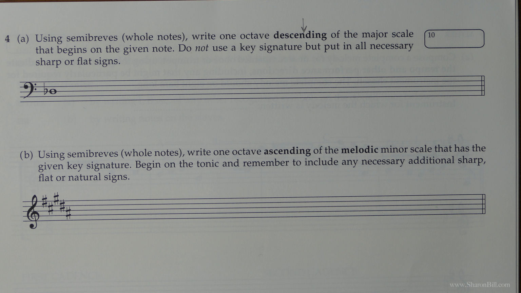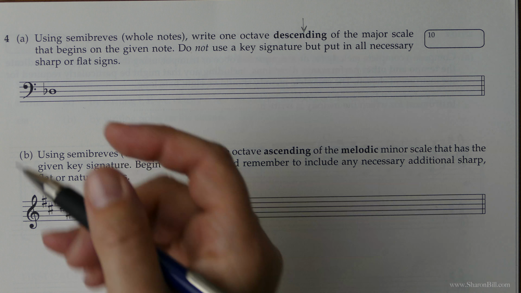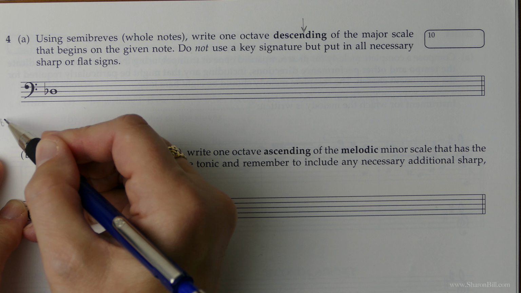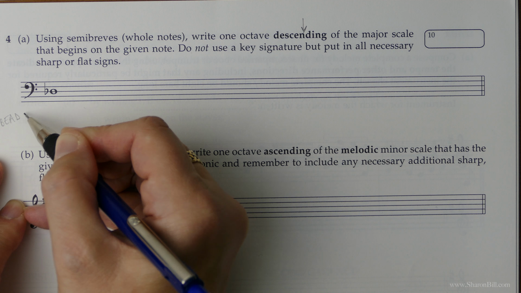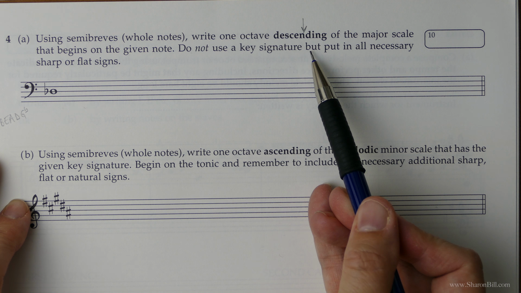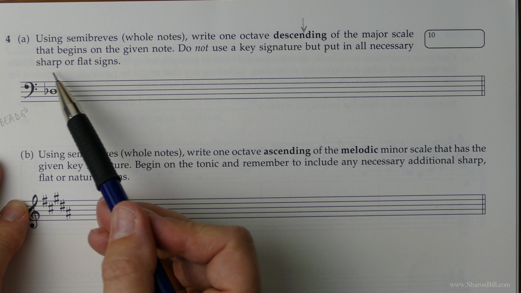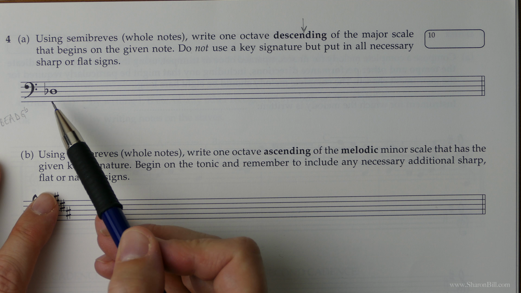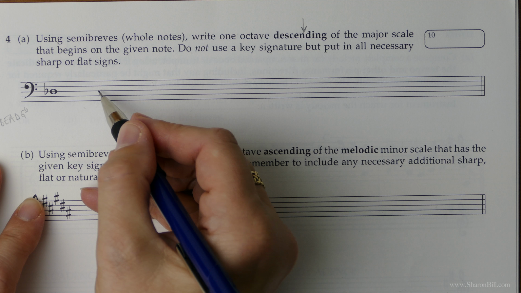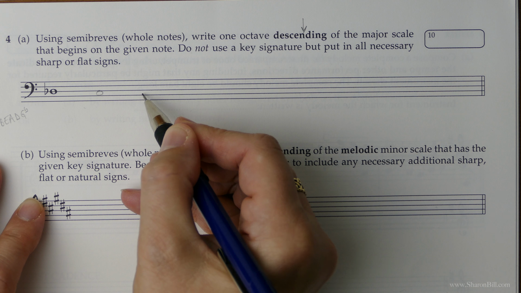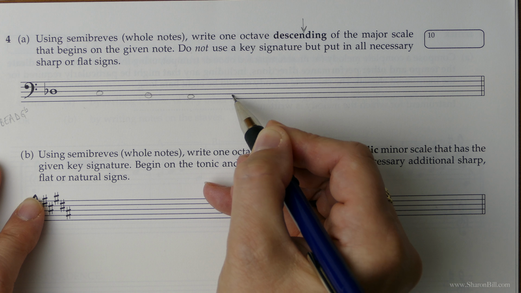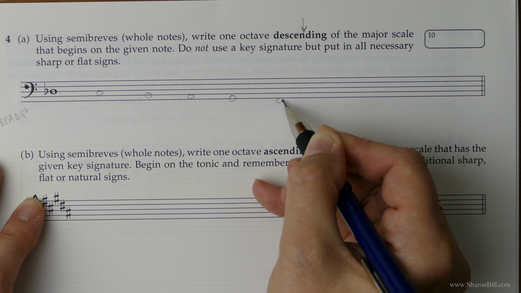So here we go, we need to write D flat major. D flat major would have a key signature of B flats, E flats, A flats, D flats, G flats. However, we're required to not use a key signature, but to put in all the necessary sharp or flat signs. So I'm just going to first of all get the blobs in place. Stepping down: line, space, that's a C, line, space, line, space,